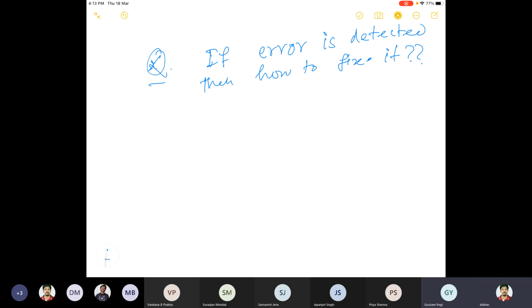Now let me fix the notation first. So C is my (n, k) code. Sir, we have studied two methods for error detecting. First is based on syndrome and second is based on Hamming weights. Then, sir, which is more suitable for practical purposes? No. Based on syndrome, we'll talk about that.